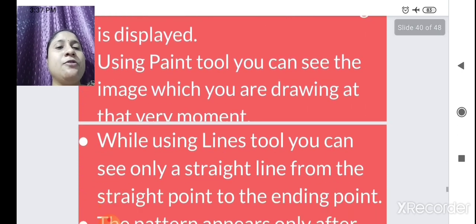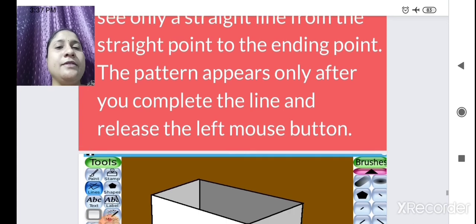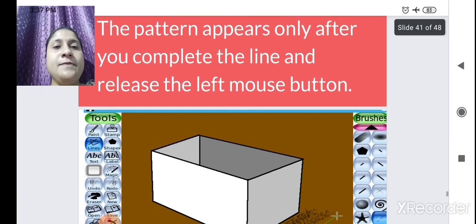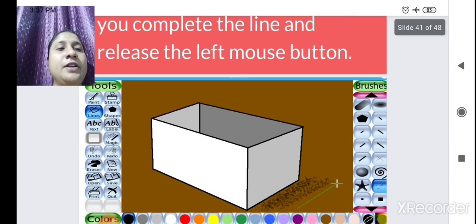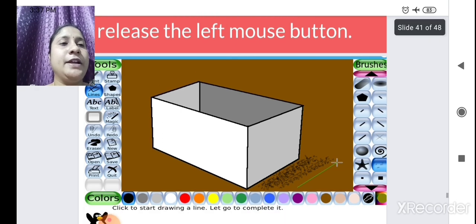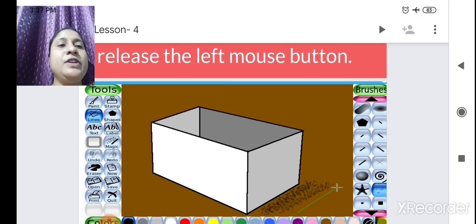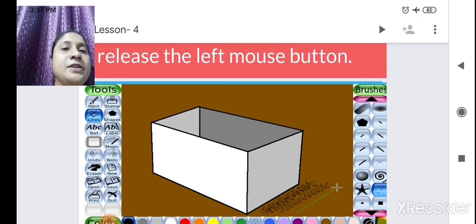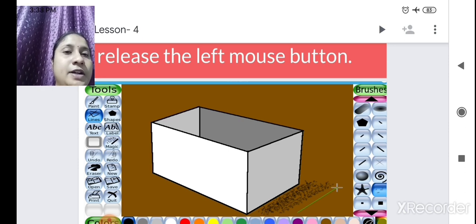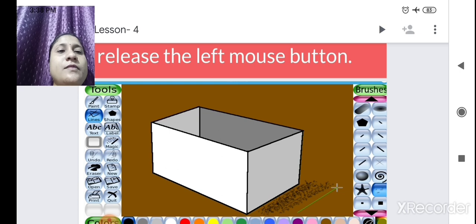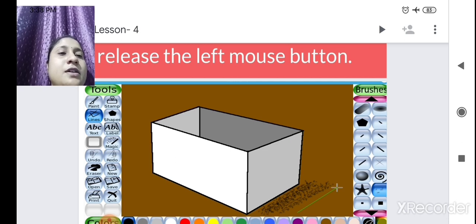So now we are going to see the use of the line. In tools there is a line tool. After clicking on the line tool, brushes again appear. There you choose which type of line you want: straight line, horizontal line, vertical line. Here with the help of that line we have drawn the box.